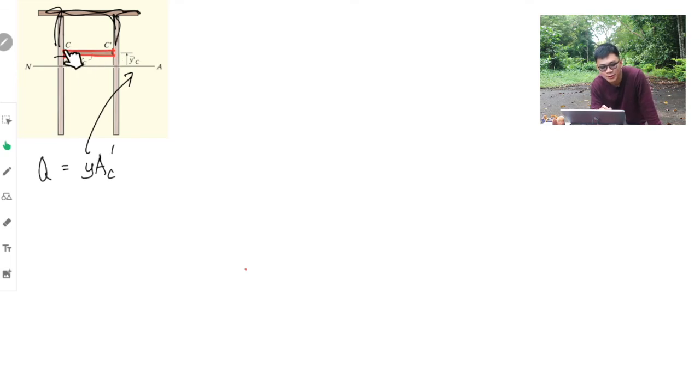And how about your moment of inertia? The moment of inertia will change because your centroid changed. And why did our centroid change? Because we have a new member here. So that's it. Then you can solve for your Q. But the same, you must divide by 2 because it is connected at 2 points. Okay? So let's have